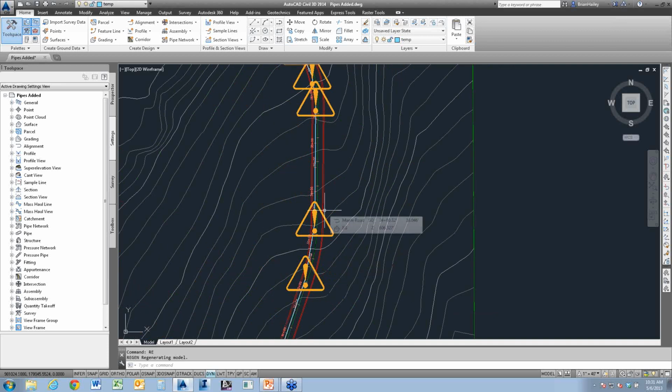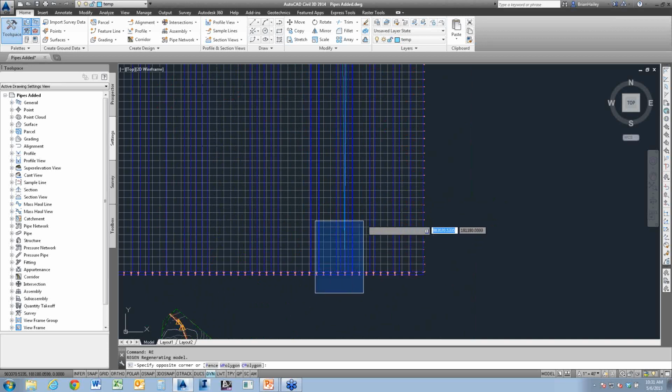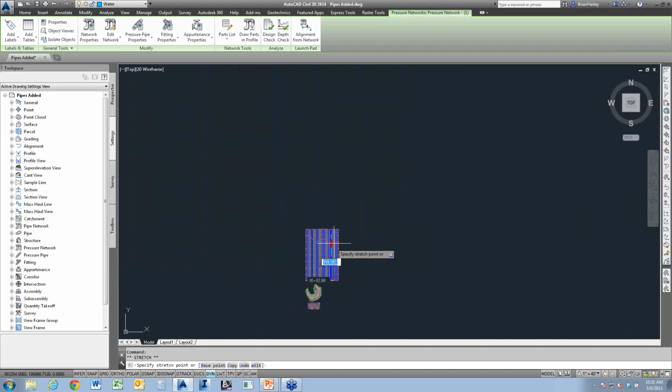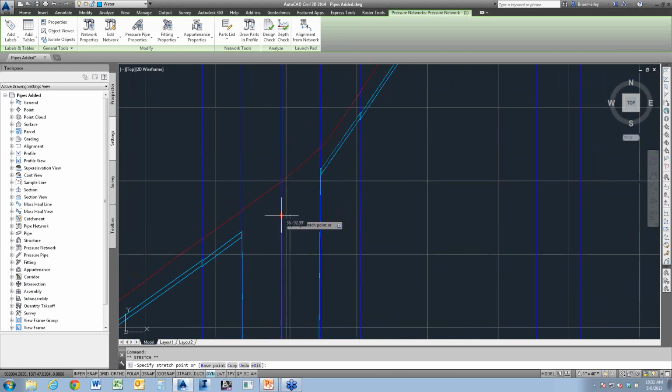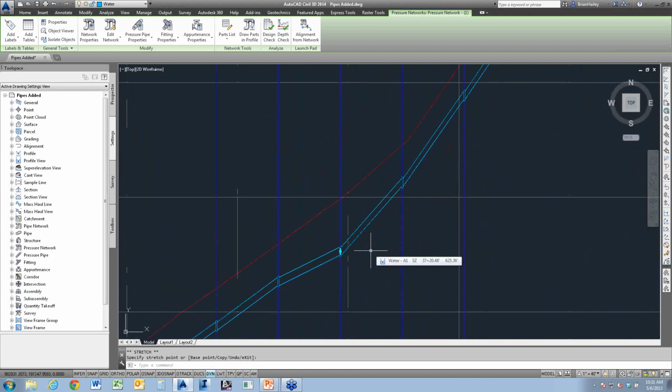And so what I did is I took it and I moved it back to the correct location. I snapped it, I grip edited it from something that was at the elevation of the surface down to an elevation 0. And so that's why we have this spike down here. I could have changed it, but this is something you'll see, so I wanted to show you how easy it is to fix. Basically, all I have to do is grab that bend. And then I can grab the grip, and I can put it at whatever elevation I want. So I think right here is going to be a good elevation, and it places it back up there for me. Really simple to do.